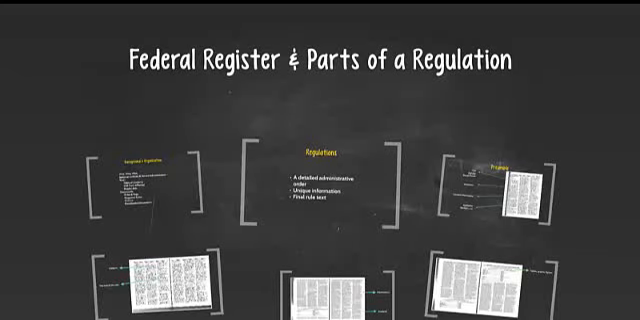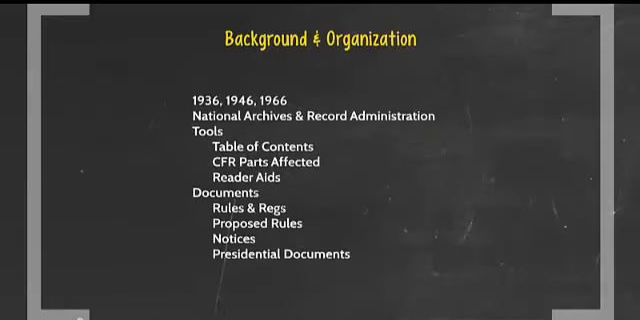This video is going to cover the Federal Register and parts of a regulation. We'll start with a little history and background. It was first published in March of 1936 because regulations were being adopted and overturned faster than the courts and legislators could keep up. Then in 1946, with the passage of the Administrative Procedure Act, the Federal Register was required